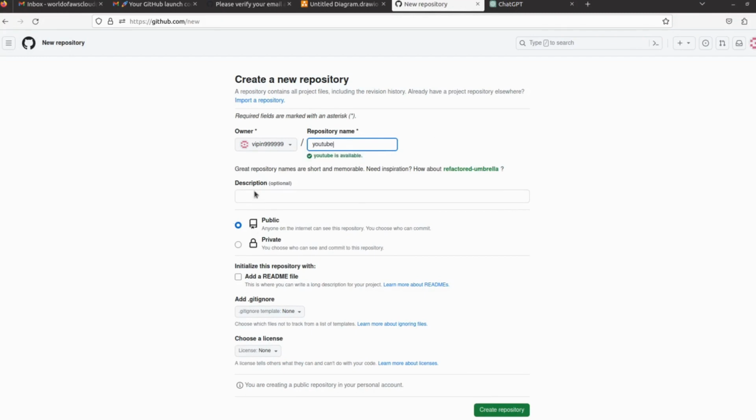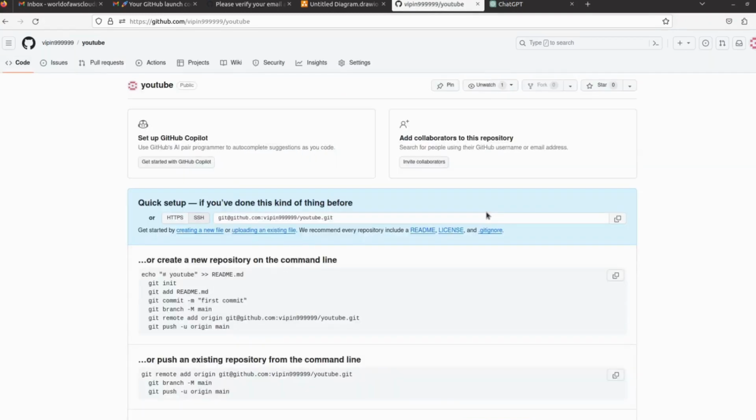You can make your repository public or private according to your requirement. Click on create repository. Let's first clone this repository.